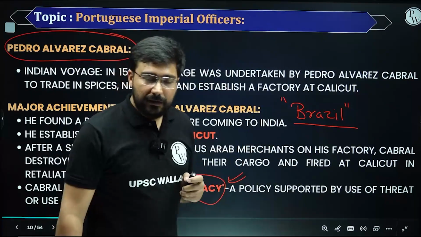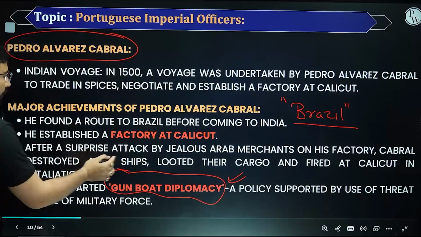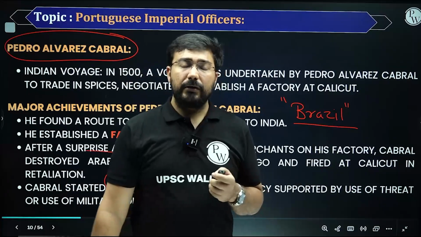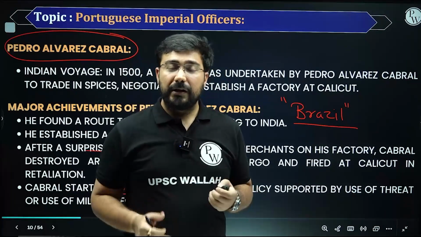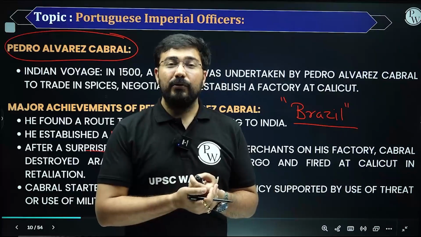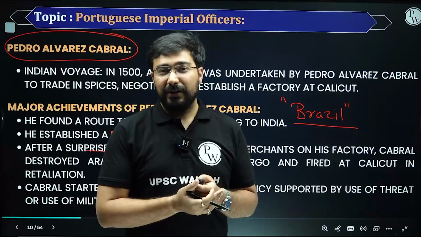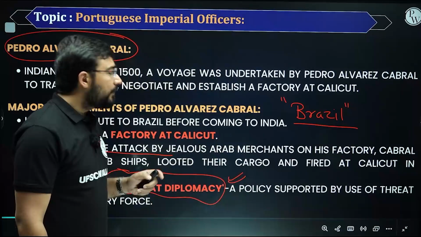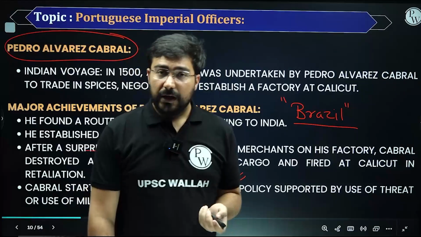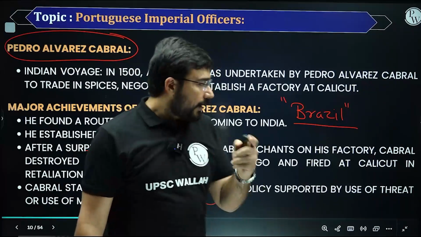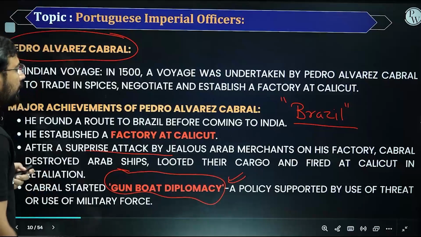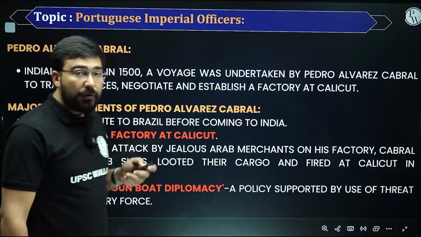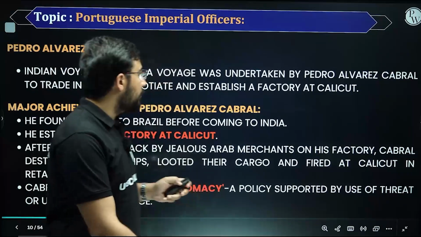So Brazil was discovered by him, and he was also attacked by the Arab merchants, because in India trade initially was under the control of Arab merchants, and once the Europeans started coming in, naturally their business was going to be affected, and once your business gets affected, you take n number of methods which may not be humane. In this case the Arabs attacked them, but Cabral took revenge, and he came out with a counterattack, and he was able to defeat them. Later on, he was able to establish multiple things in India, right? And gunboat diplomacy is one of the most important contributions that we have.